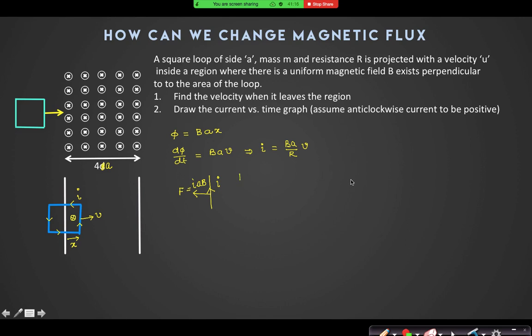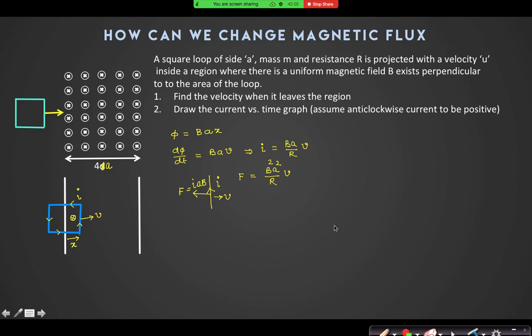Can I please repeat the part you got disconnected from in the solution? I said that this current expression, do you get this current expression? I have just differentiated d phi by dt and divided by resistance R. Then this conductor is carrying current I, and it is placed inside a magnetic field, moving with a velocity v. Then it has a magnetic force on it, which is I L cross B. If you remember the magnetic force on a current carrying conductor, it is I a into B. F equal to I a into B.